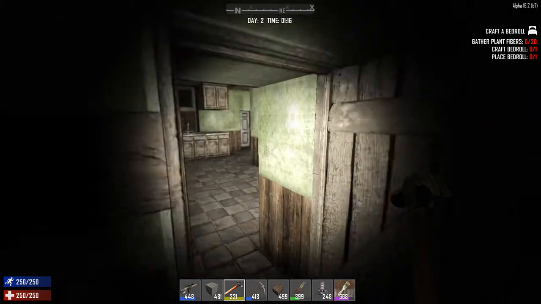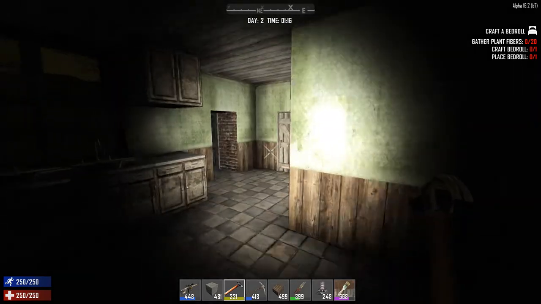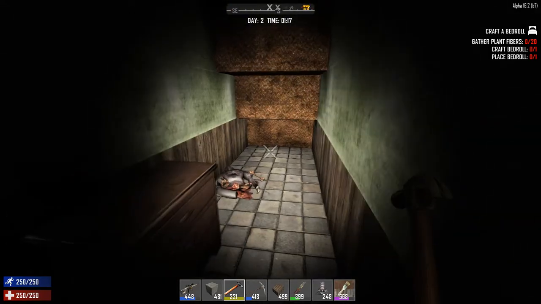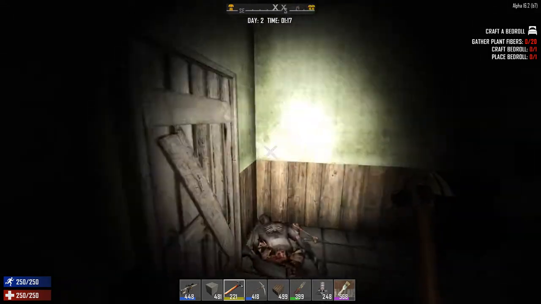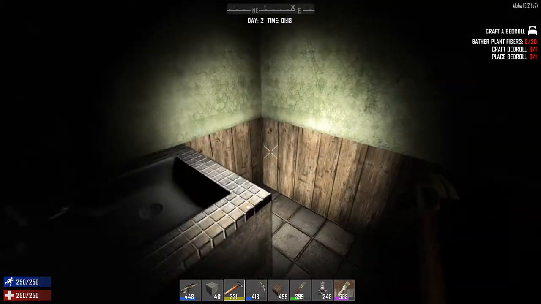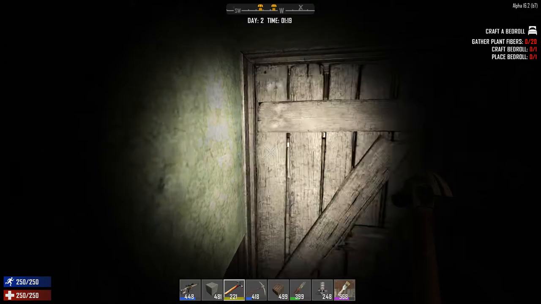Got different messages like inflict fear. Don't think I've done anything down here from memory. I think this is something I still have to work on. Not actually sure what I'm doing at the moment. I might actually spawn some zombies in and just...